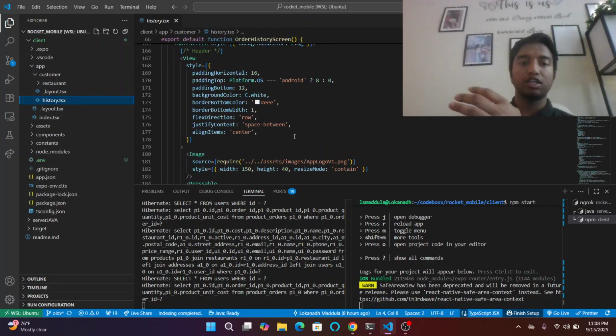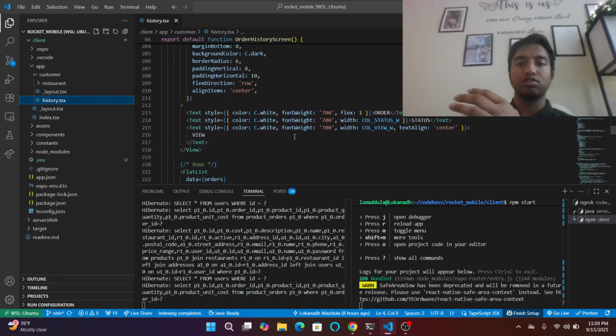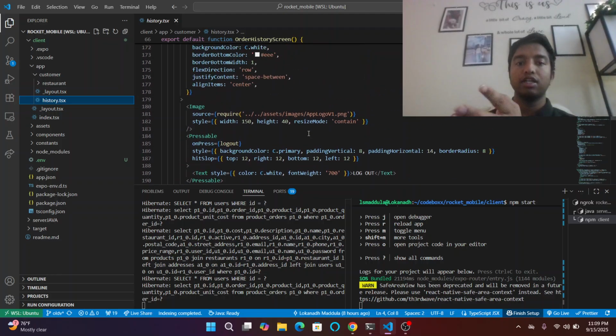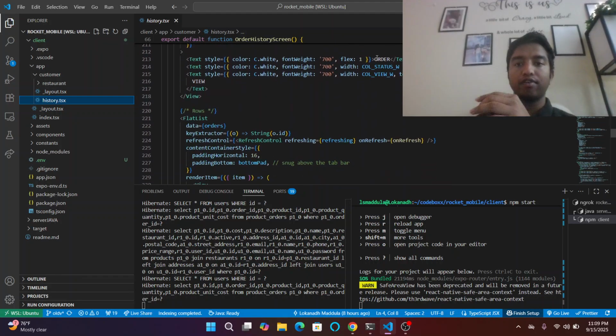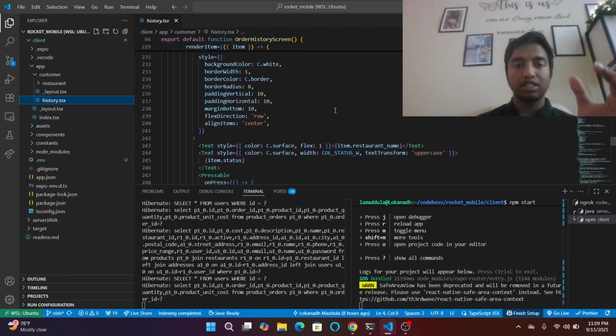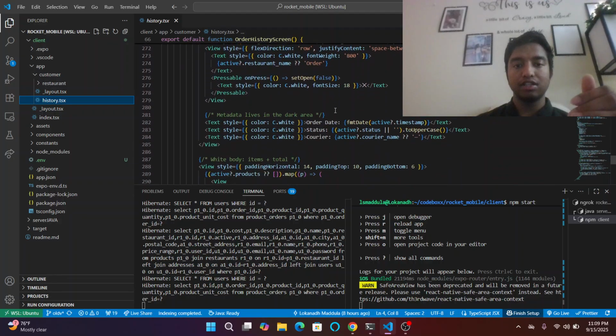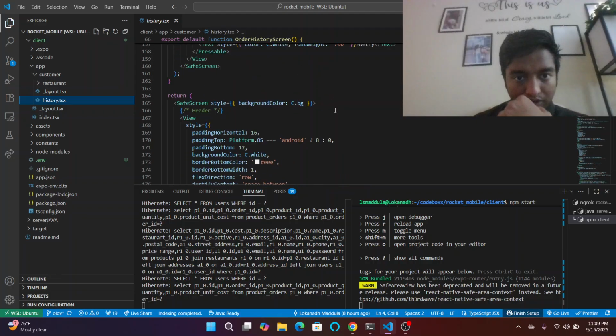So if we go into the history page, we get everything here. We get the header, which has the logo and the logout button, and then we have our table which says order status and the view, which would open up the modal. And next here we have all the details. So if we scroll up here,